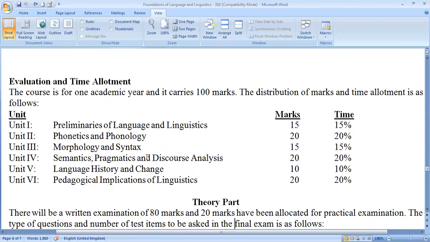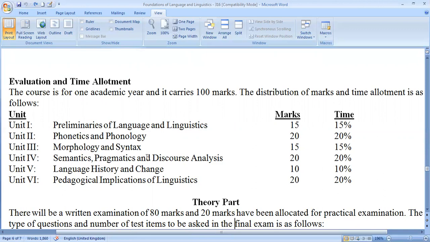This course is one for an academic year and it carries 100 marks. The distribution of the marks and time allotment is as given here, especially in unit 1. Unit 1, preliminaries of language and linguistics, captures 15 marks for the examination point of view, and in the same way phonetics and phonology